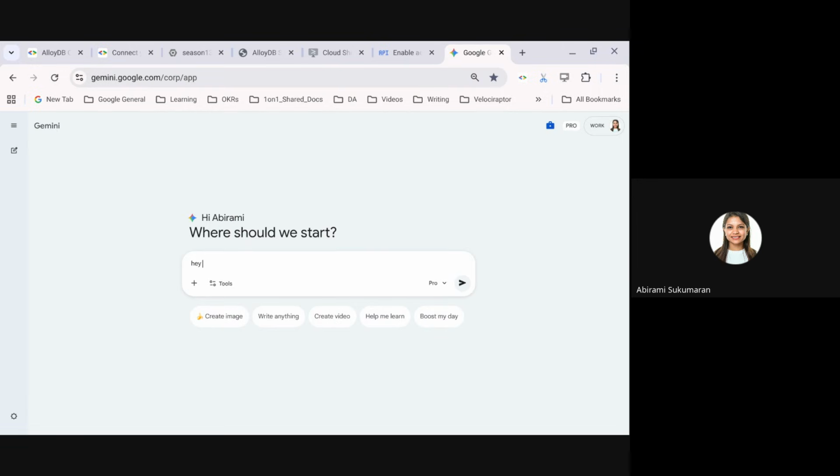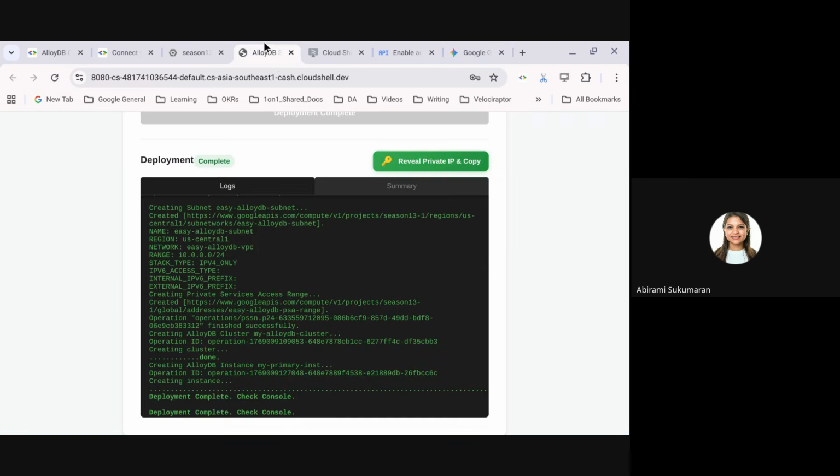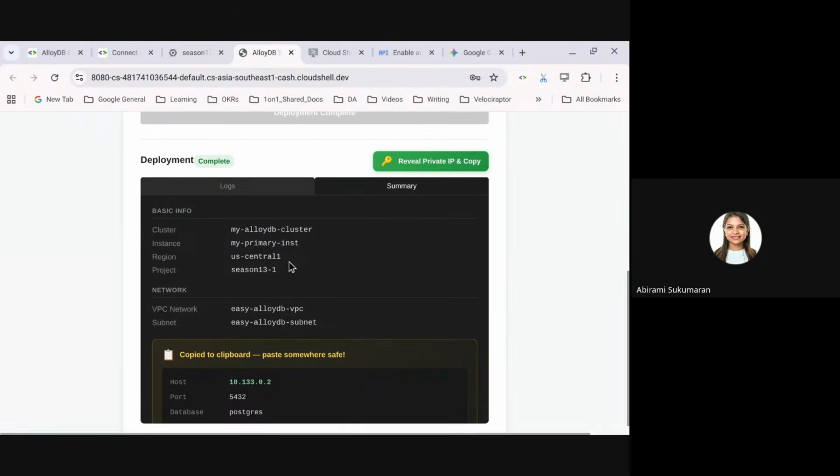Okay, I got this network error. Don't say I'm using this quick setup tool, because it will not have any idea what the tool is, right? You just have to ask generic questions to get specific answers, and then you will be able to solve that. Yeah. And once deployment is complete, it will take you to the summary tab naturally,